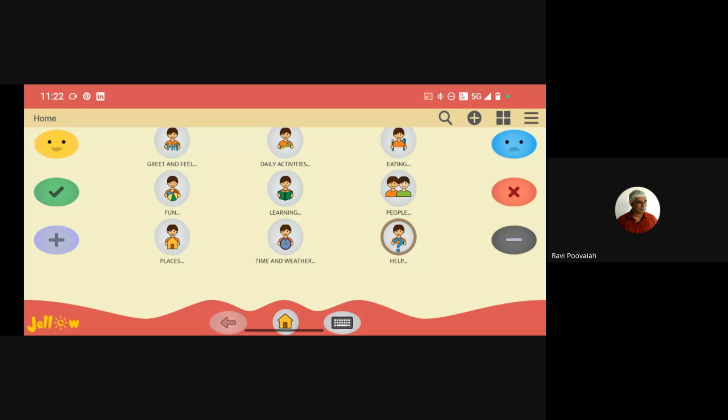So how does one communicate using this application? You simply click on an icon. Say, for example, if I click on Eating, and then you click on the expressive buttons. So our expressive buttons: the yellow button is yes, the blue button on the right is no, the green button on the left is I want to eat, the red button on the right is don't want, the plus button on the left is more, and the minus button on the right hand side